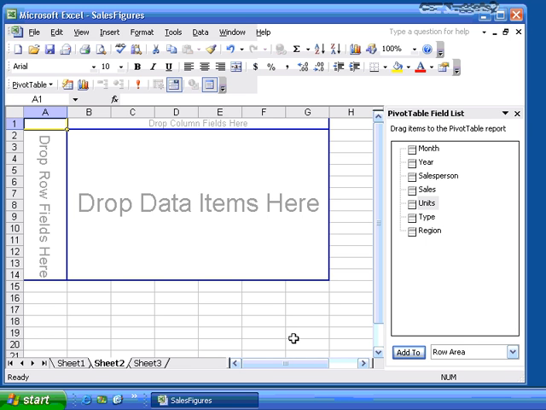Now watch what it says. It gives you a clue on where you want to drag your items. You can put your row fields here. You can put your column fields here. And then the data that you're going to analyze comes in here. For example, if I want to, I can come over here to the pivot table field list, select the salesperson. I want to measure salespeople's